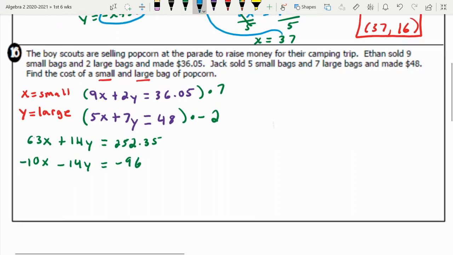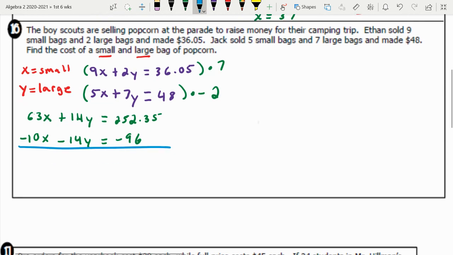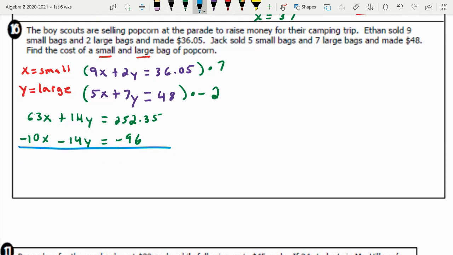Okay, so now let's combine these. 63x minus 10x, that's going to be 53x. The y's cancel like we want, 14 minus 14. And that's going to equal 252.35 minus 96, which is 156.35. Then we're going to divide by 53 to isolate x. Those divide out, and we get x equal to our money here,